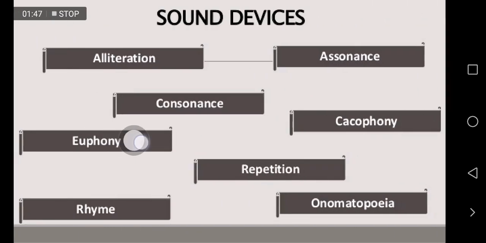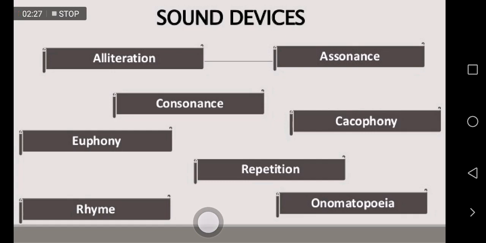Let's move further. So first of all, we have sound devices, and to remind you, we won't be doing figures of speech today. It's only sound devices we'll be doing. So we have sound devices. These highlighted words are sound devices. First of all, we have alliteration, then assonance, consonance, euphony, cacophony, repetition, rhyme, onomatopoeia. So these are some sound devices that are used in poetry, or we can say in novels